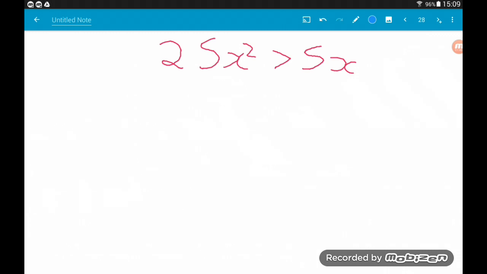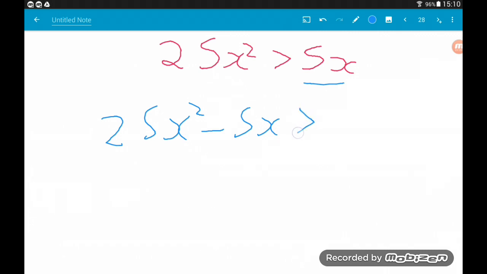So what we do instead is a cheeky bit of rearranging so that we have a 0 on one side. It doesn't matter on which side, though I would always aim for a positive square term. I just prefer that term, personally, to be positive. So here, my first move would be to subtract 5x. So we get 25x squared minus 5x